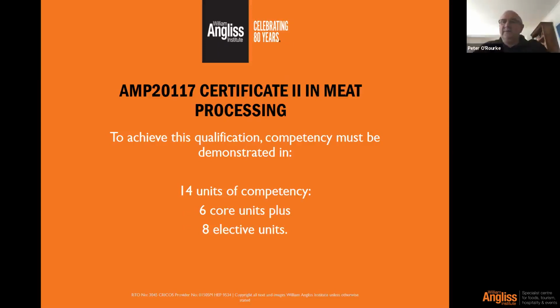Okay, for this qualification, there are 14 units of competency. 6 are core units and 8 are elective units. Now, the 6 core units are units that if you're going to do anything in meat processing, you need to have a qualification, competency in those 6 units. That's why they call them core units. And then we've selected 8 units that we feel will be quite advantageous if you want to do different pathways into the meat industry as far as meat processing. So some of those units are,